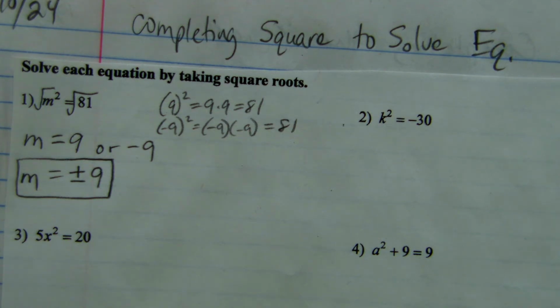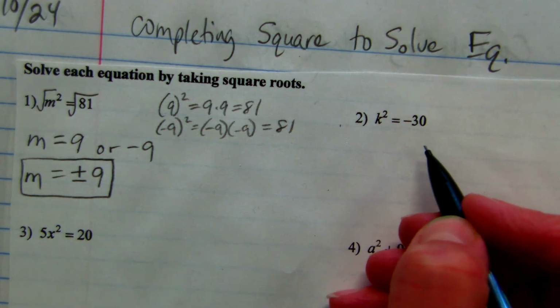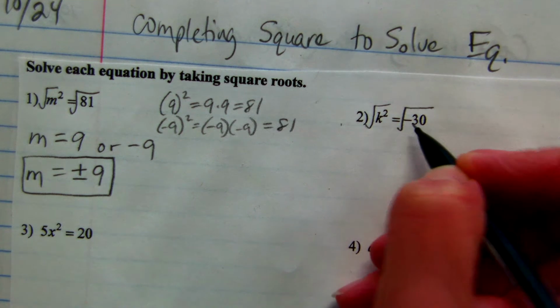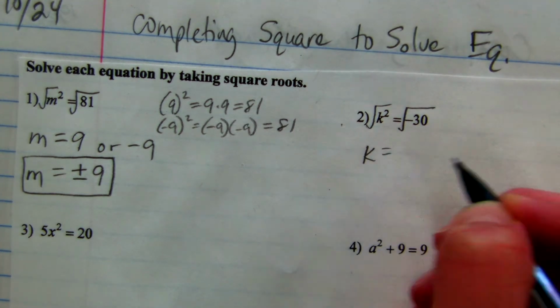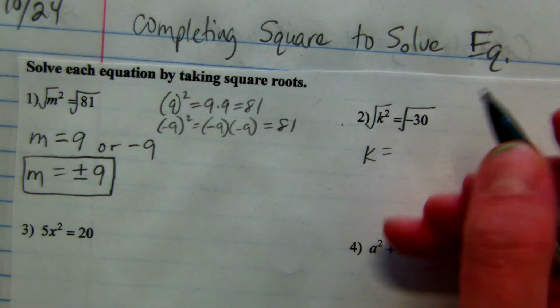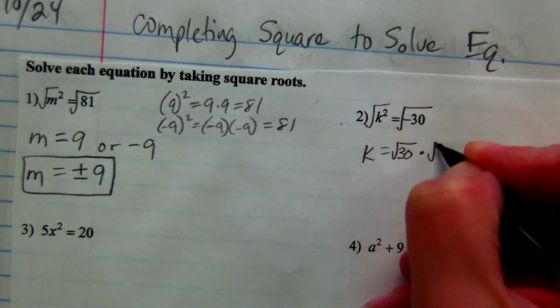So is that even possible? It is possible, and we've done this before a little bit. If I square root these, Gracie's looking at this going, can we take the square root of a negative? And the answer is yes, if we use i, imaginary numbers. So I have to think of this as the square root of 30 and the square root of negative 1